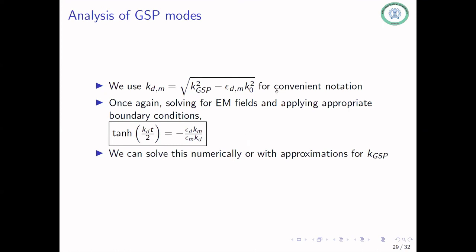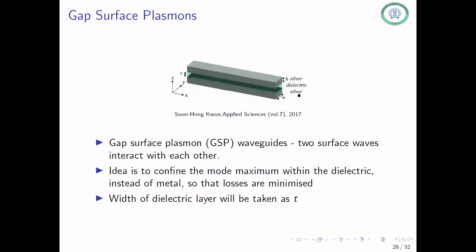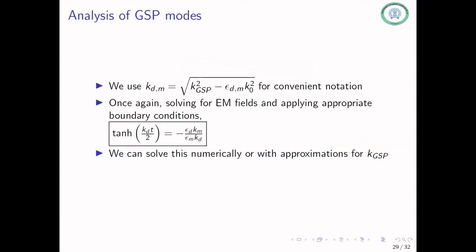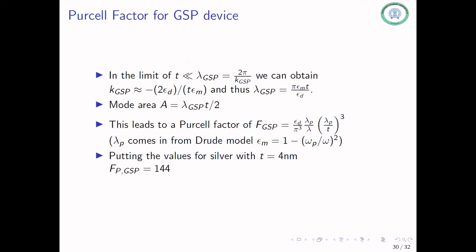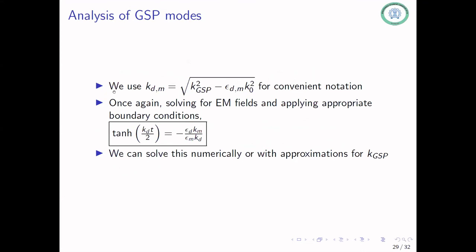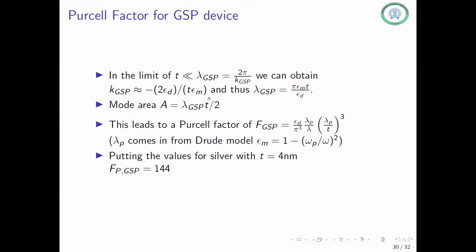One assumption that I didn't really specify out loud is that your extent in the y direction should be infinite. Of course we don't have infinite really, but if your thickness is much smaller than your extent in the y direction, or w, then you can take that as your approximate solution. If we set the y direction extent to lambda GSP by 2, because you're forming a mode again, and you take t much less than lambda GSP, then those conditions are satisfied. Based on simplifying this expression with approximations, you'll get that your KGSP is given by something like this, and you can calculate lambda GSP as 2 pi by KGSP.